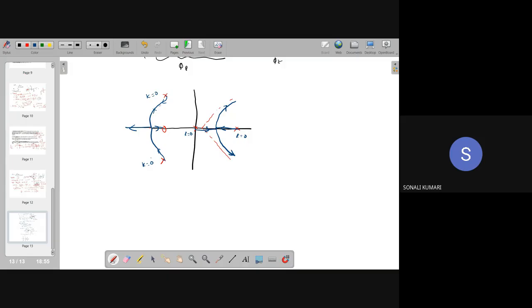Yes, ma'am, it's clear. But at the pole, at the zero, how do we get to know whether it will go to the left side or the right side? The blue line. Here, as I told you, there are two branches starting from two poles. These two are meeting at this point. Now they branch away from each other. One will go to zero because branches always end either at zeros or at infinity. Because here there is one zero, one branch is going in this direction, and another branch is going in this direction. This is k equal to infinity. Another branch here at k equal to infinity.